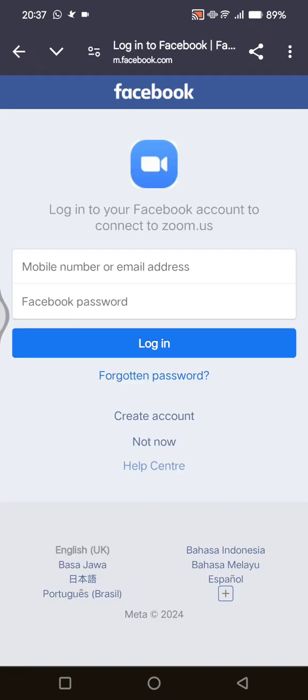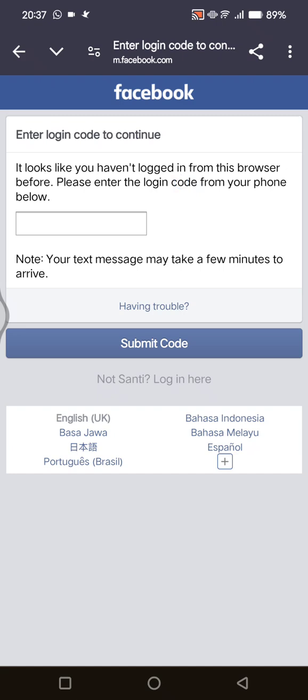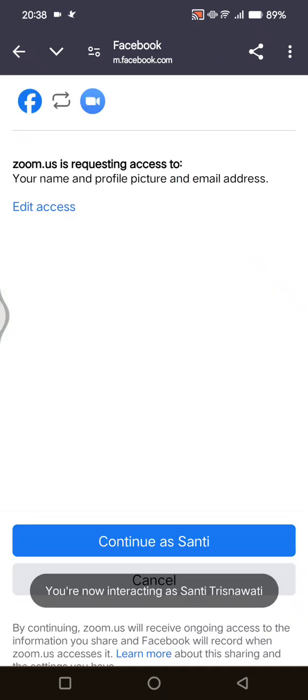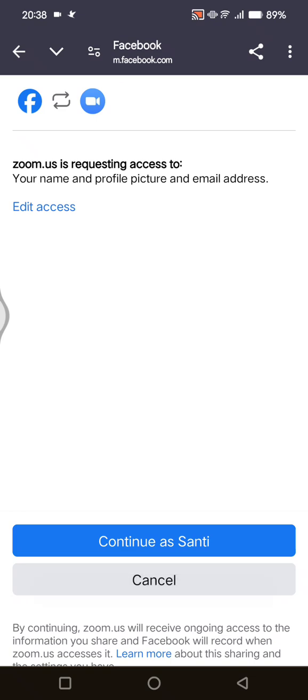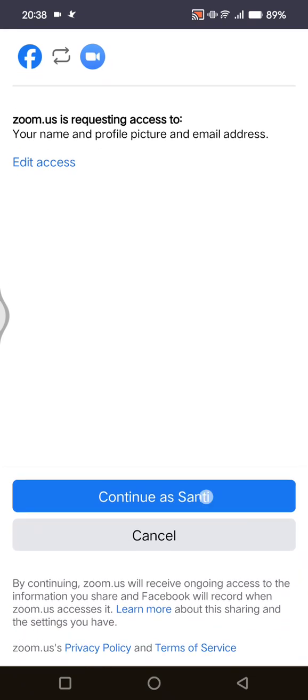Now Zoom will take you into this Facebook login option, so you can just enter your Facebook account in here. After you log in, you can just enter the login code. In here, I'm using two-step verification, so I need to enter the code first, and after that I can log in to my Facebook. Okay, so after you successfully log in, you can just tap on continue